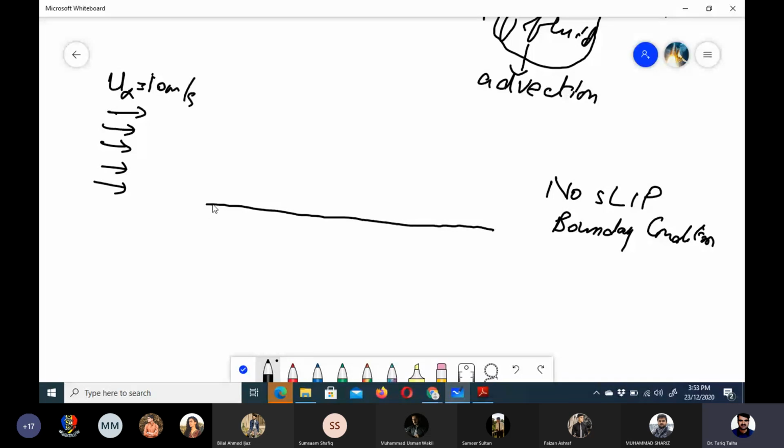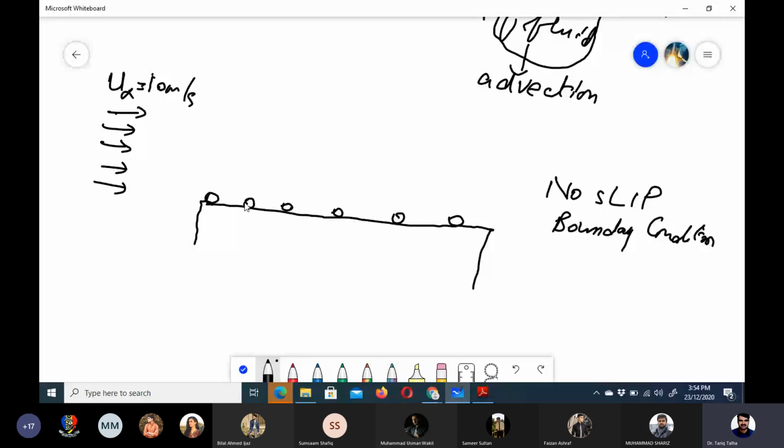When it comes to this building, the first layer of molecules of the fluid, I just draw 4 or 5 molecules, would have the same velocity as this building. Because the building is stationary, the first layer of molecules sticking to the surface